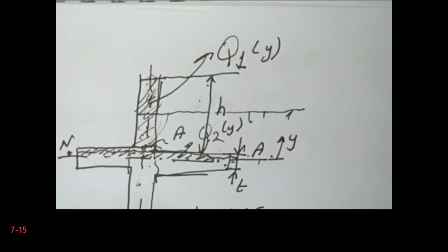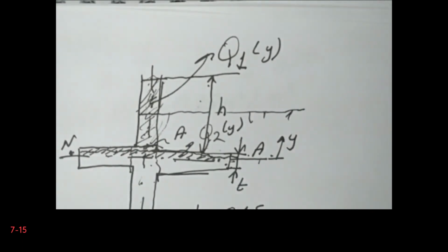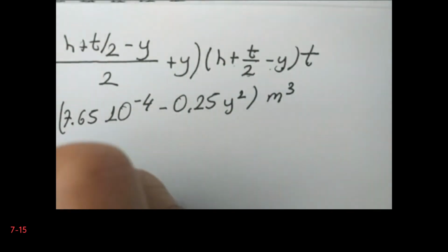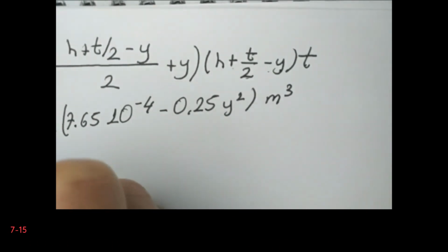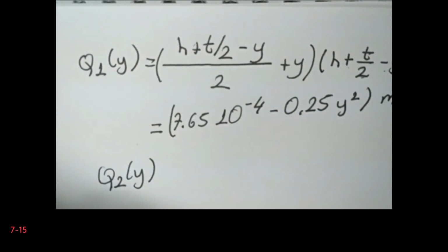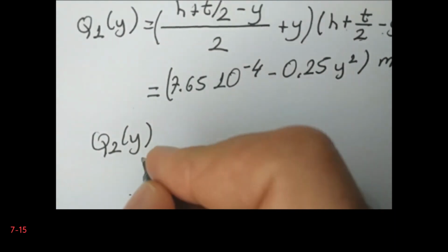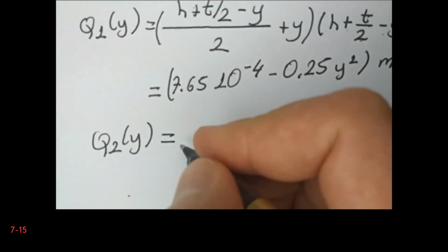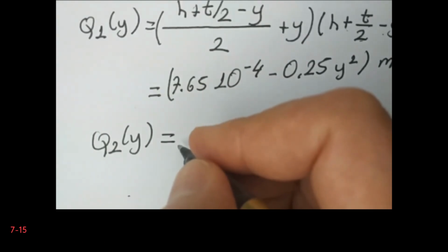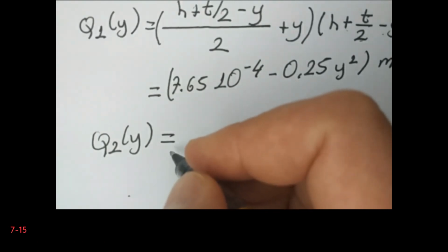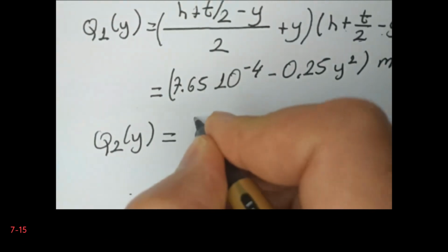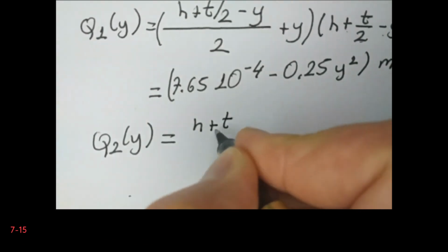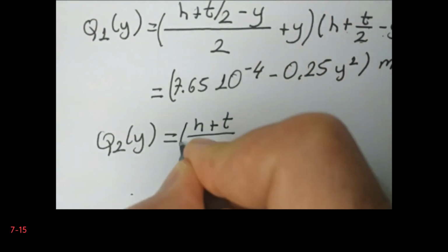So Q2y is equal to the area above, the centroid is located at h plus t divided by 2, and the area is t multiplied by h